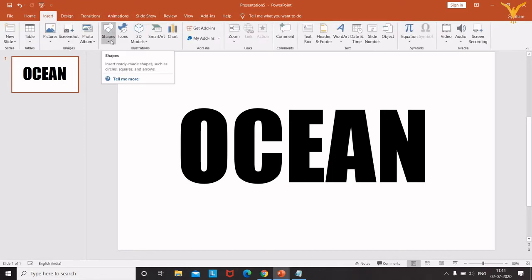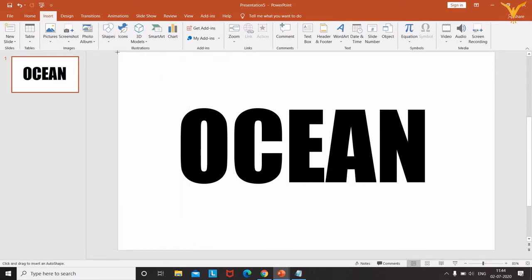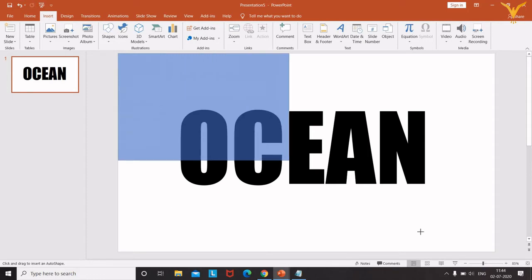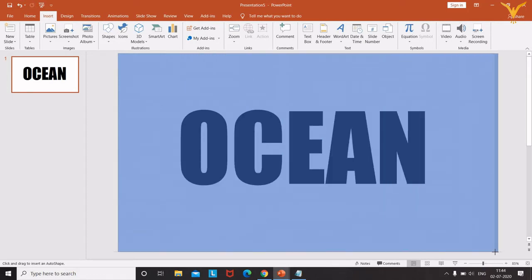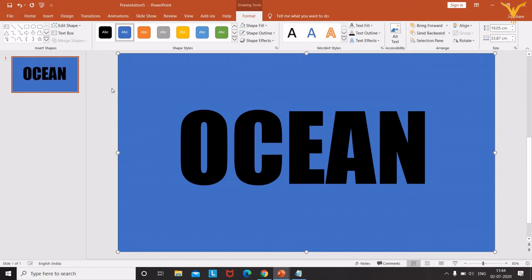Again go to insert and click on shapes. From shapes we have to select rectangle and draw the rectangle over the name ocean. Okay, now we need to send this rectangle to the back side. So select this rectangle and click on send backward. Okay, now next what we have to do is we have to combine the shape and